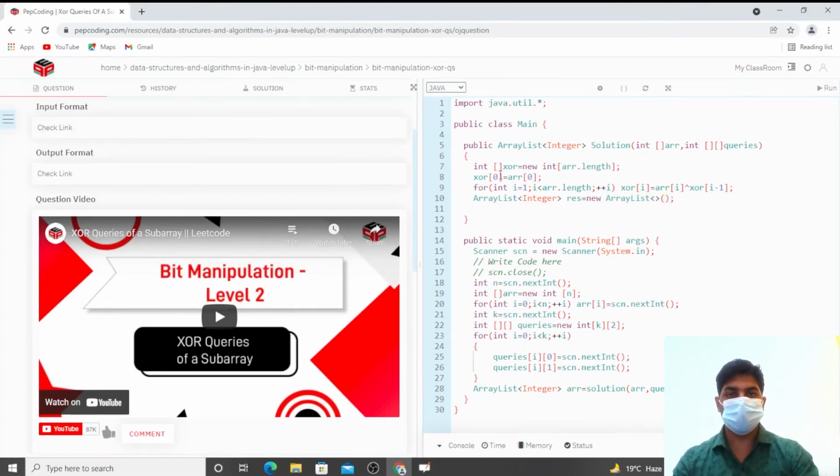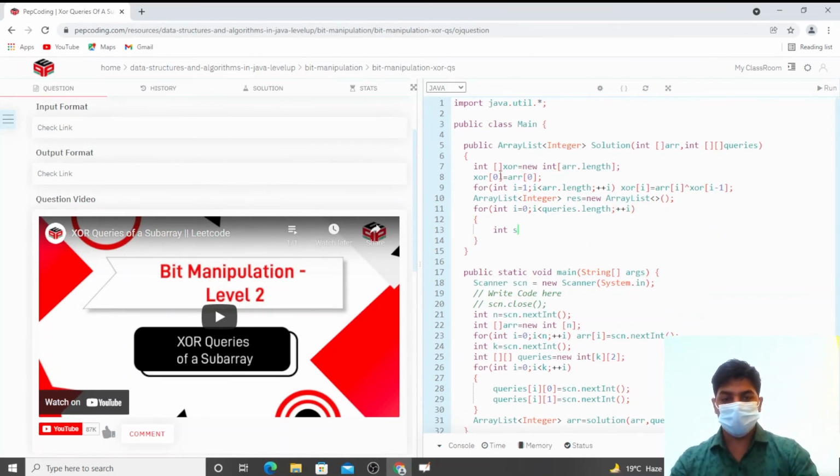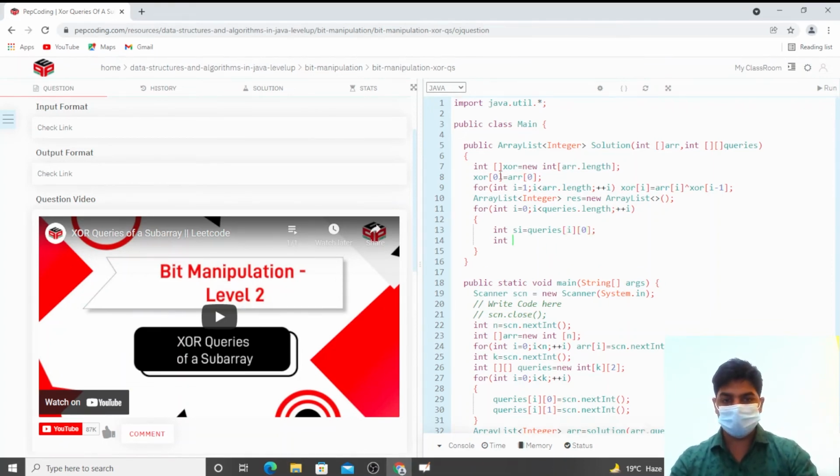Now we will traverse the queries array. For integer i equals 0, i less than queries dot length, plus plus i, we will get two indexes. The starting index will be queries of i comma 0, and the ending index will be queries of i comma 1.